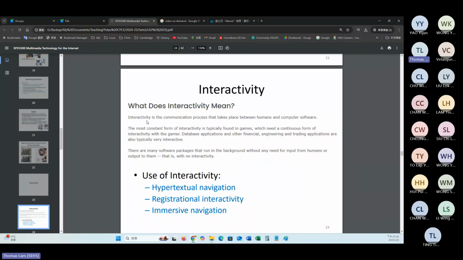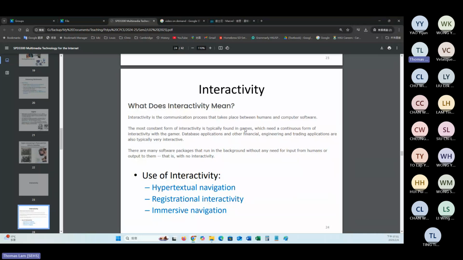So the interactivities vary from platform to platform, depending on what you are doing. Suppose you like playing a mobile game or online game, and they also have another way of communication. But an obvious example that highlights interaction must be a game, and the platform that has the least interaction might be some simple website.